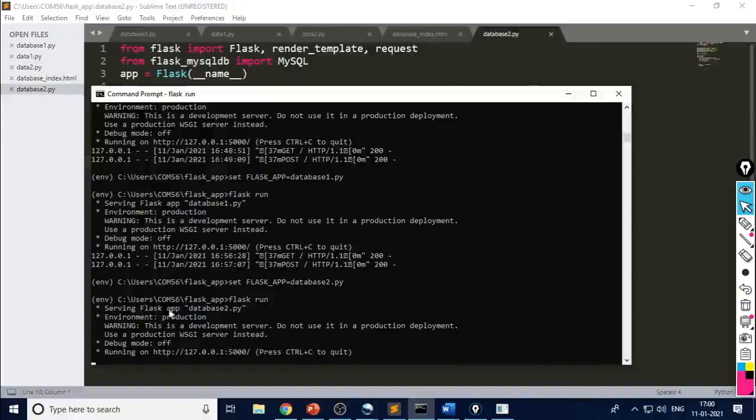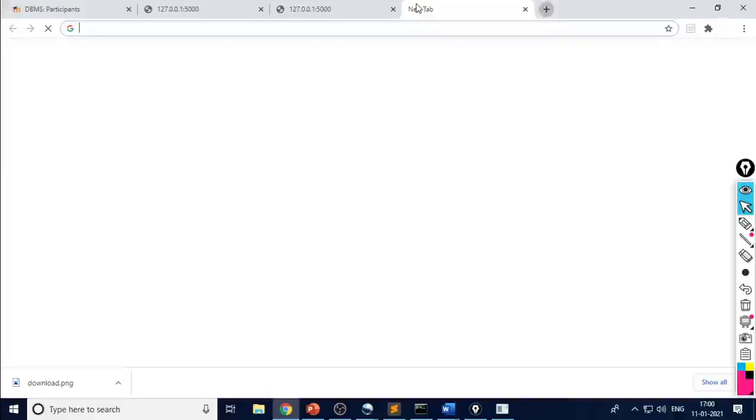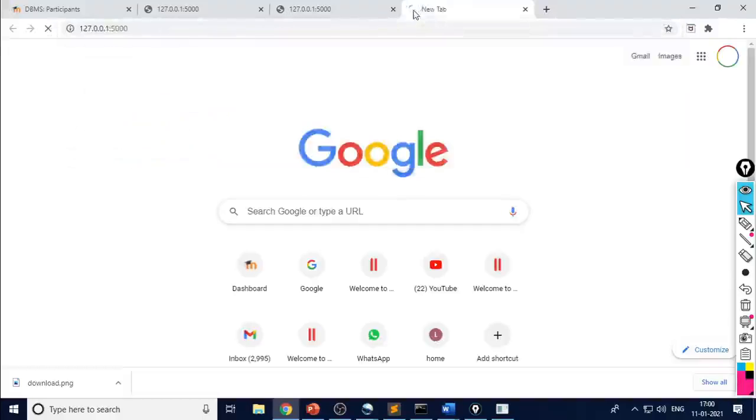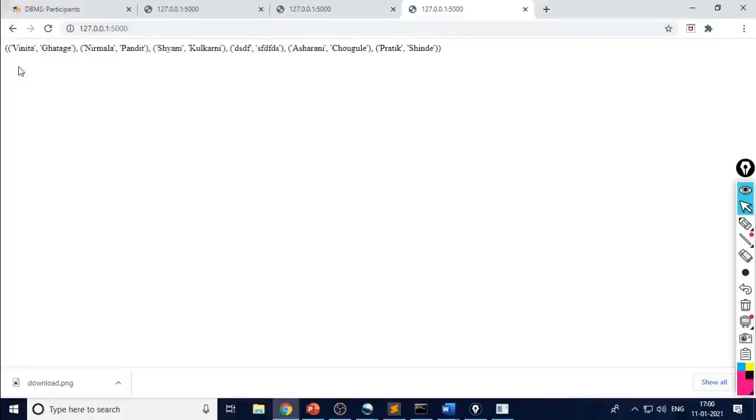How can we run it? Flask run. Here again you will get a Flask URL. So we can copy this URL or we can refresh this one. Control V, look here. So you will get all records here. Okay, the new record is also there. So these 6 records are present in my users table. Okay, so with the help of Flask and MySQL, we can display those records on the computer.